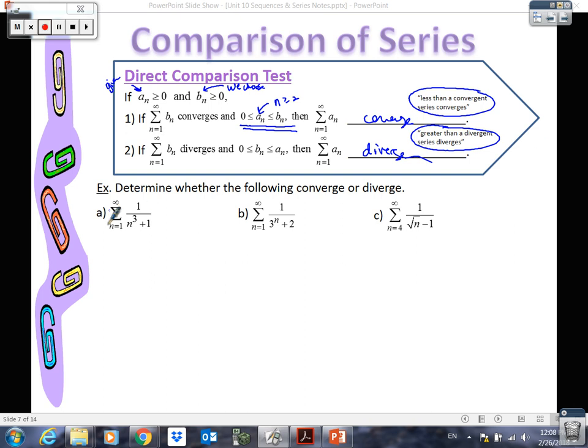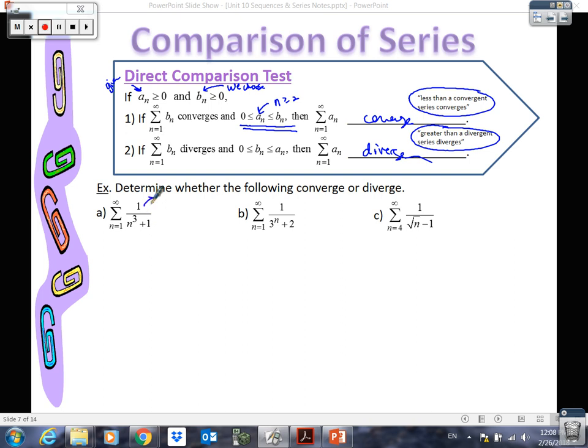So here's our first series. We look at that and we think, well, okay, we need to think about something that looks really, really close to that, but is actually a p-series. Right? So if I were to ignore this n plus 1, that would be a p-series, wouldn't it? So that's what we're going to do. We're going to choose that as our b sub n. But before we write anything, we need to write